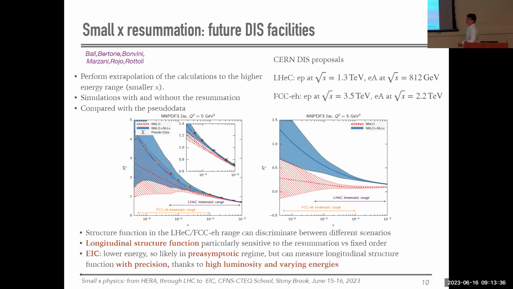Now, if you had a machine that would go to extremely small x, then you would expect that these effects are amplified. So here are predictions. You basically take the calculations and extrapolate them to much smaller values of x, which is 10 to minus 6. This type of range